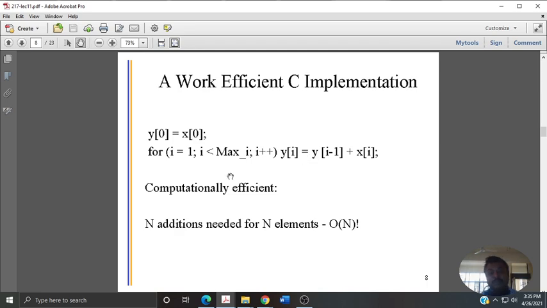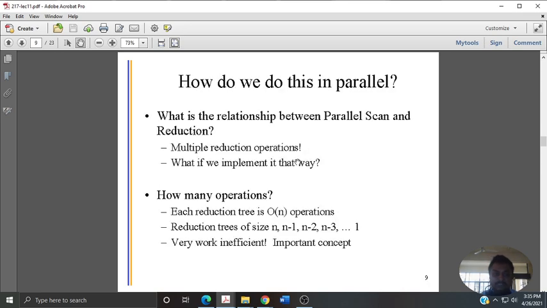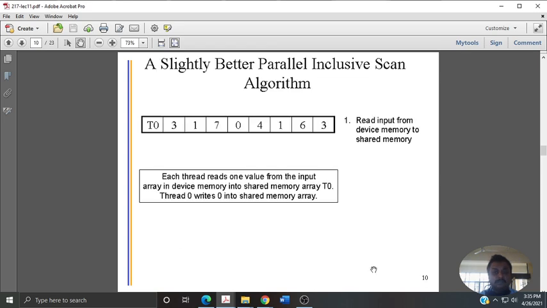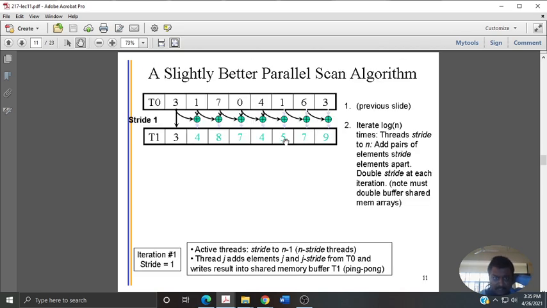So you are iterating more often for computing. Whenever you change the pattern of y of i, you have to run more number of lengths. Y of 0 is 0, y of 1 is 1, y of 2 has 2 elements to be added, or 2 adders, and so on. Number of adders are exceeding. So reduction trees process n minus 1, n minus 2 and so on. So it's a very inefficient approach we are following whenever we want to accomplish a parallel scan or prefix summation.